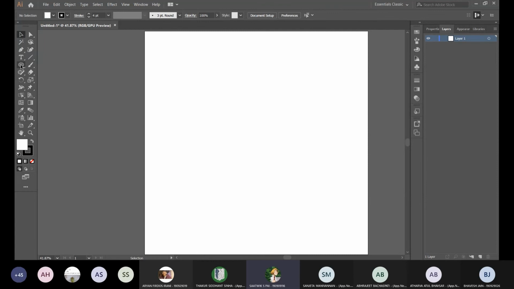Now we'll go to what other tools you would need for basic creation. One is a shape tool, just as I told you. The other is a selection tool. This is the most basic, like the normal mouse pointer of your normal working desktop.